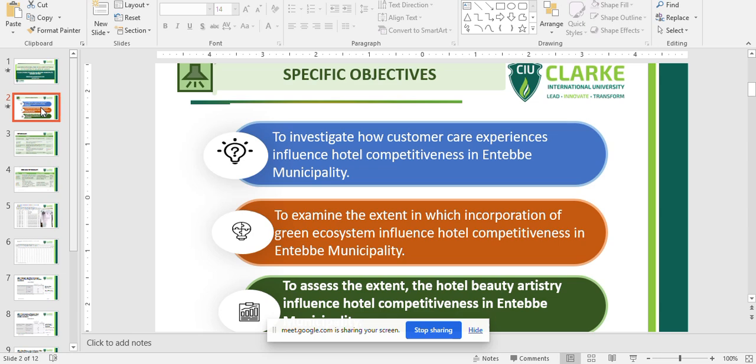And the other objective was to assess the extent the hotel beauty artistry influences hotel competitiveness in